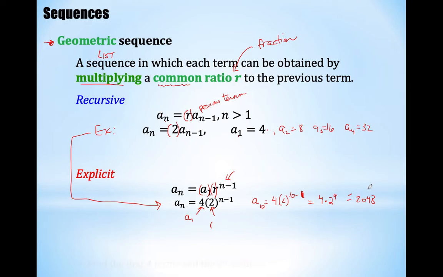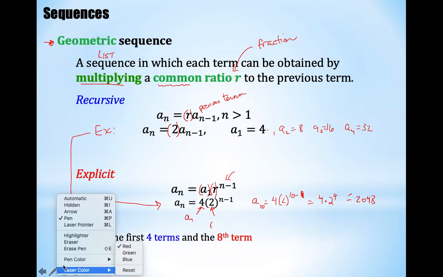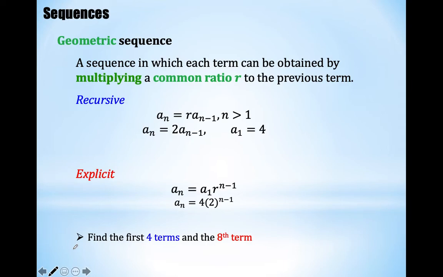So let's do some examples of that. If I want you to find the first 4 terms and the 8th term, again, the first 4 terms, I had those, right? I kind of did this already, right? Just multiply by 2. I don't know why I erased all this. And then the 8th term,